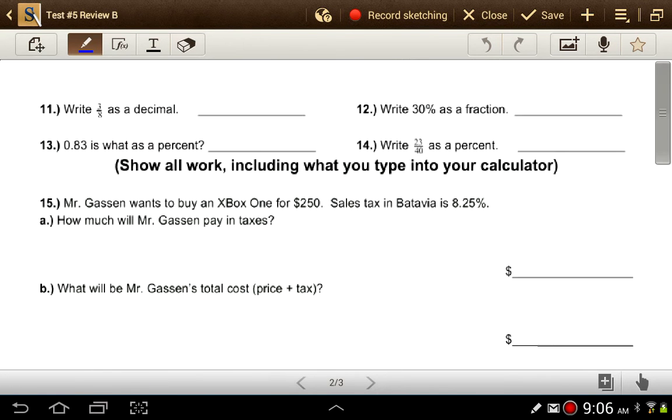Okay, with our next page, let's finish 11 through 14 right there. I'll give you a chance to do 11 through 14. Then I'll go over how to do them. Okay, hopefully you finished. If not, pause right now. To turn 3/8 into a decimal, I'm just going to divide 3 divided by 8. And when I do that, I get